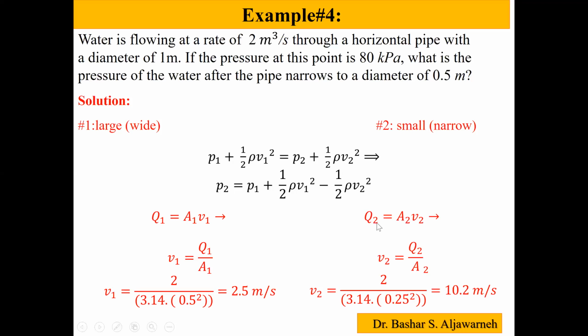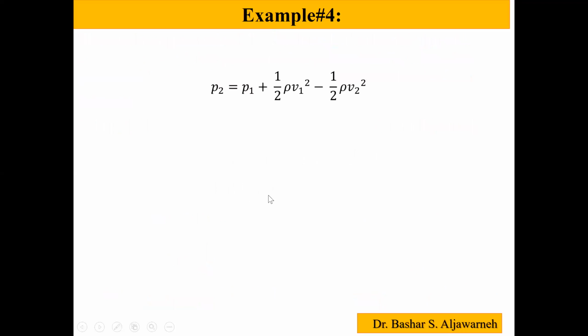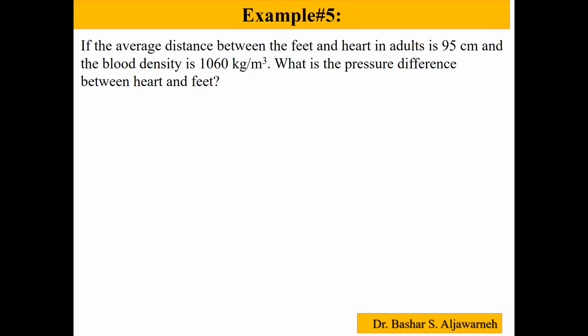Use the same procedure to get V2. Now, V1, V2, density and pressure on the larger side, all of them are known. So it's easy to say P2 is equal to 31 kilopascal. If the average distance between the feet and heart in an adult is 95 centimeters and the blood density